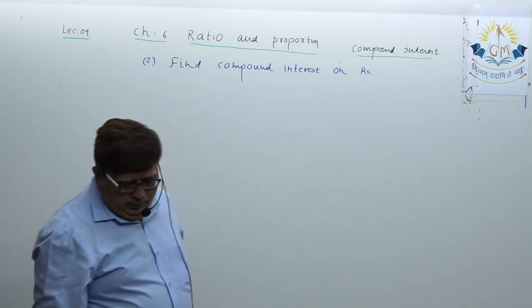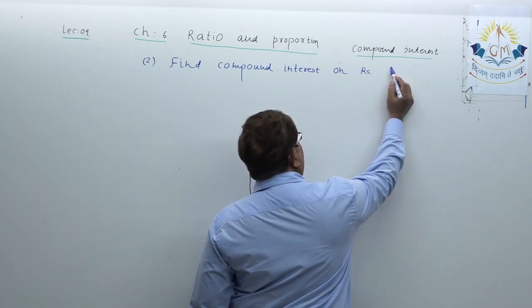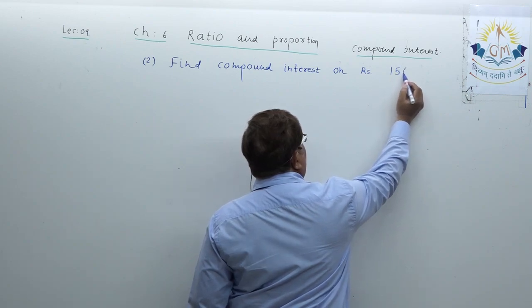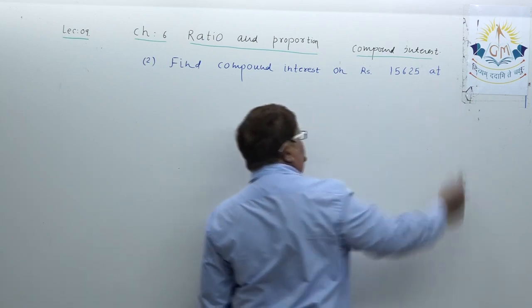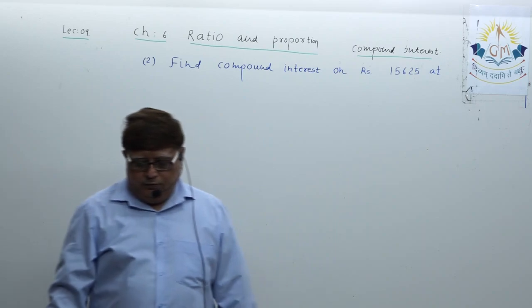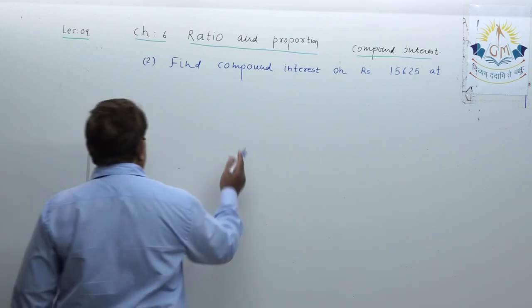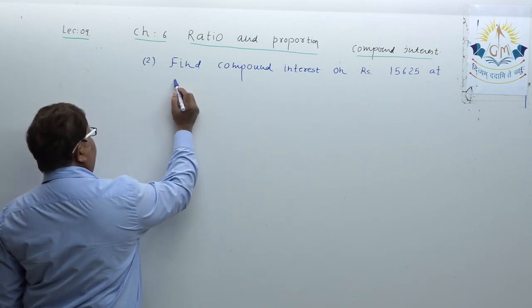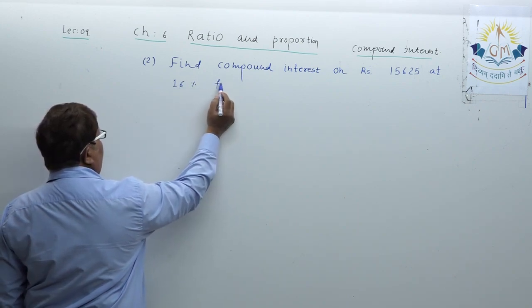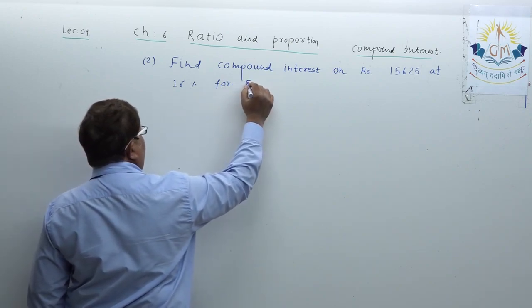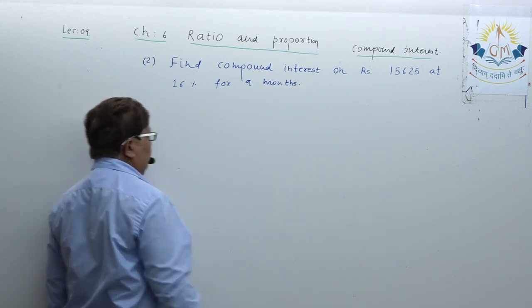Find compound interest on rupees 15625 at 6 percentage for 9 months. Okay, for 9 months,